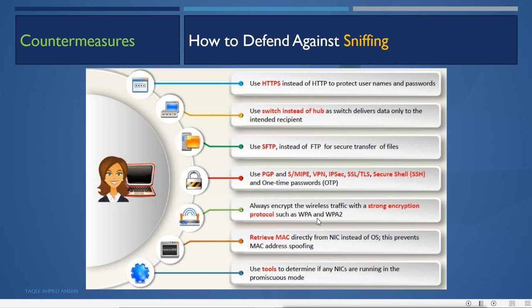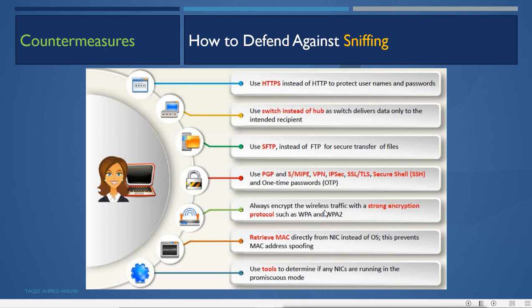In wireless network, it works like a hub. So when the attacker comes within the range of the wireless network, it can sniff all the packets. But to secure that, you have to use the strong encryption protocol, that is WPA or WPA2, so that even if the attacker gets the data, it will not be able to decrypt or understand the data.